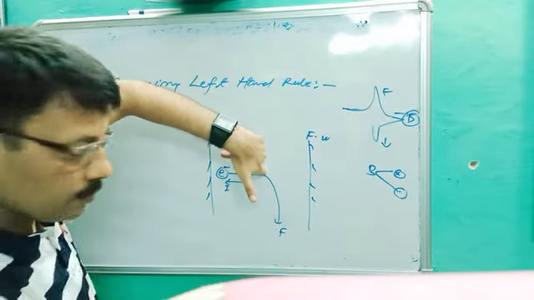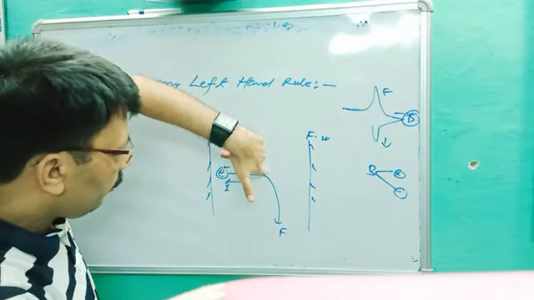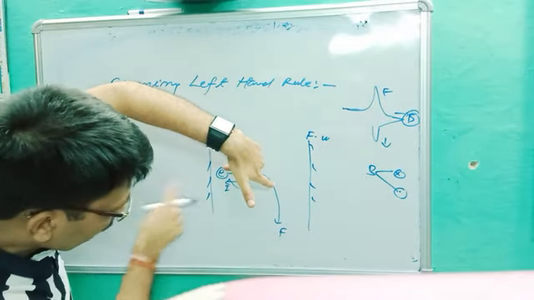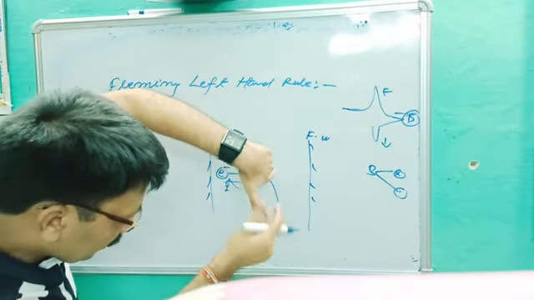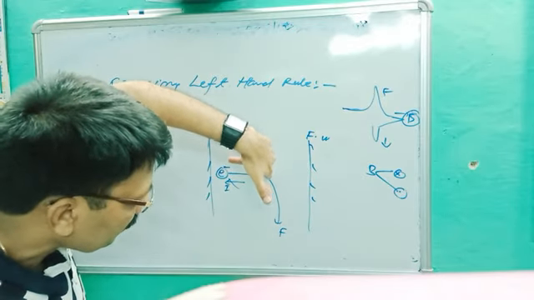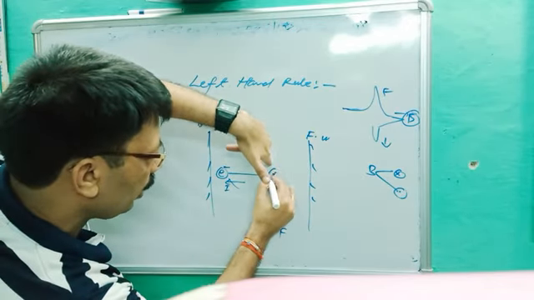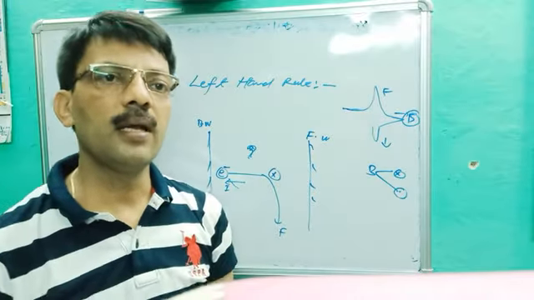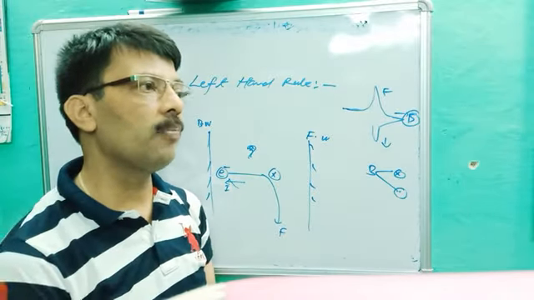See there. See my hand. This is the direction of current. See, the direction of current is that side. This is the direction of current, and this is the direction of force. The direction of force is downward. So my finger is into the board. See there, into the board. It means its direction will be inward. Very, very easy point and very, very important point.